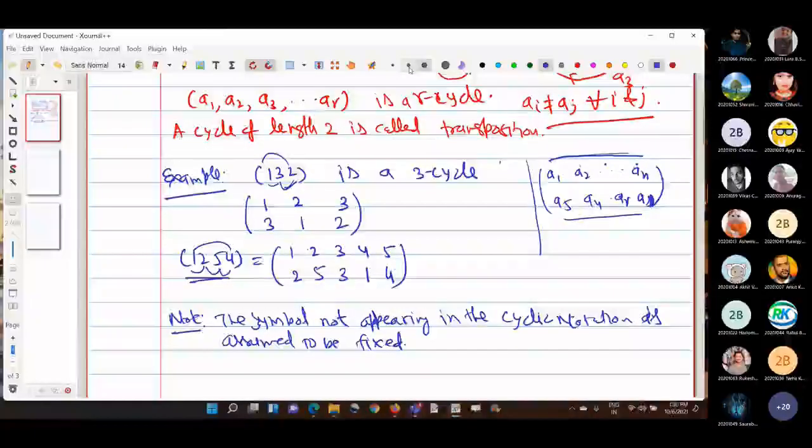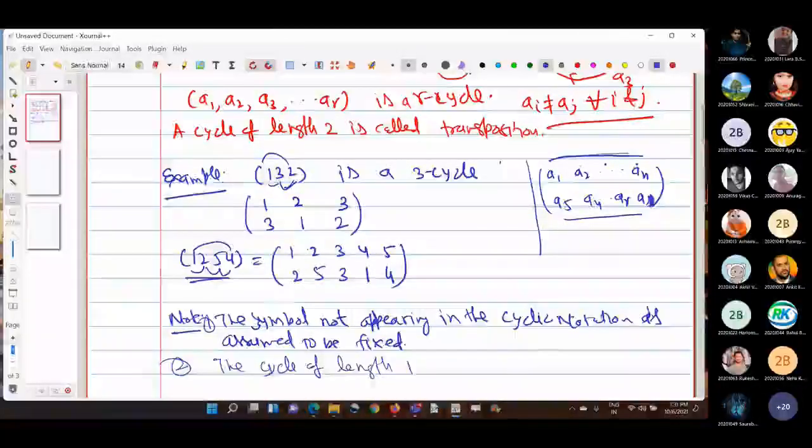Note 2 is that a cycle of length 1 may be ignored, because they are going to fix everything. For example, if you see,